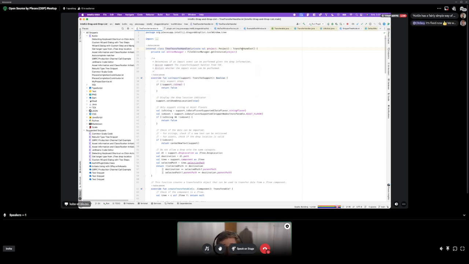And so the transfer handler is responsible for actually telling the IDE and informing all the components in the IntelliJ platform about all the moving parts, be it via clipboard, be it via drag and drop, be it anything that moves in IntelliJ, is probably handled by the transfer handler.